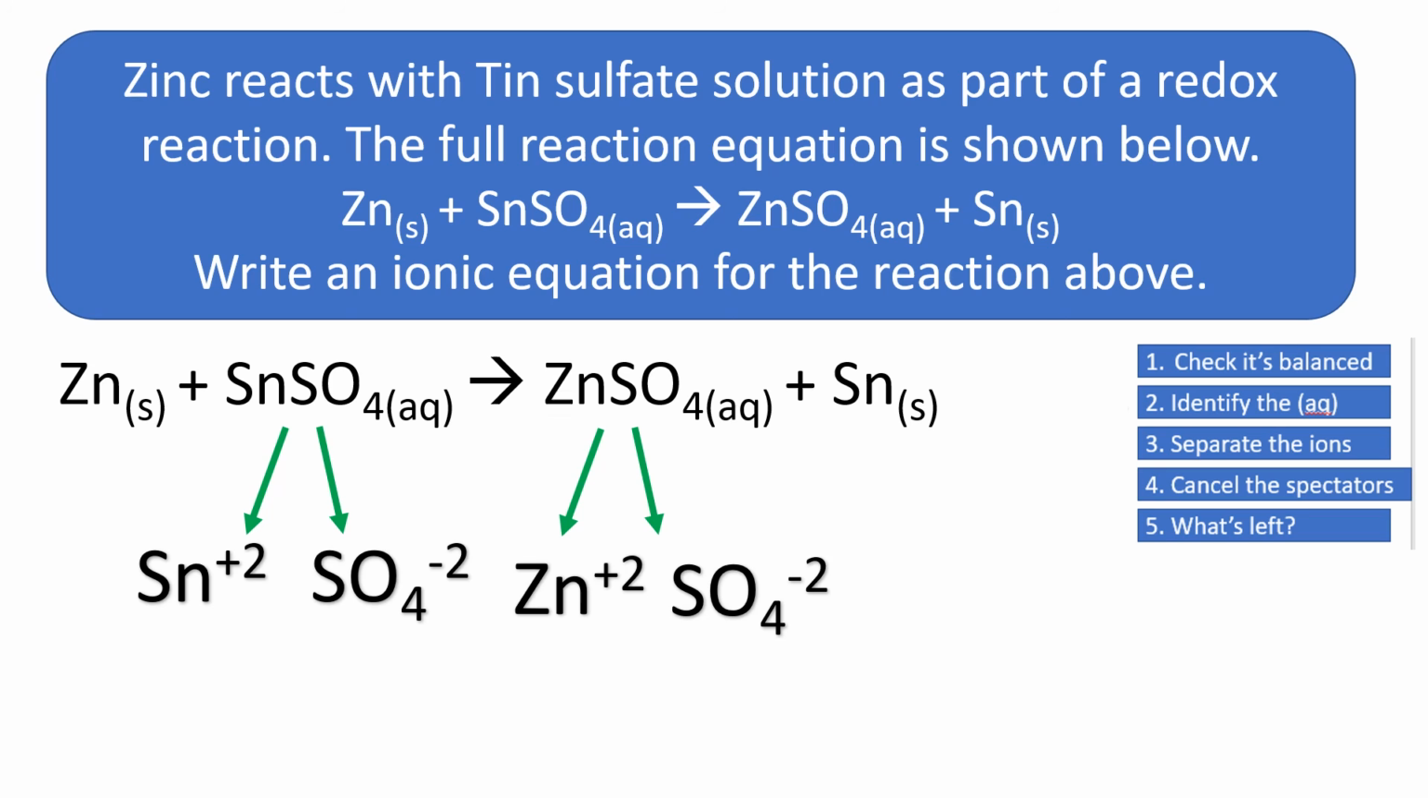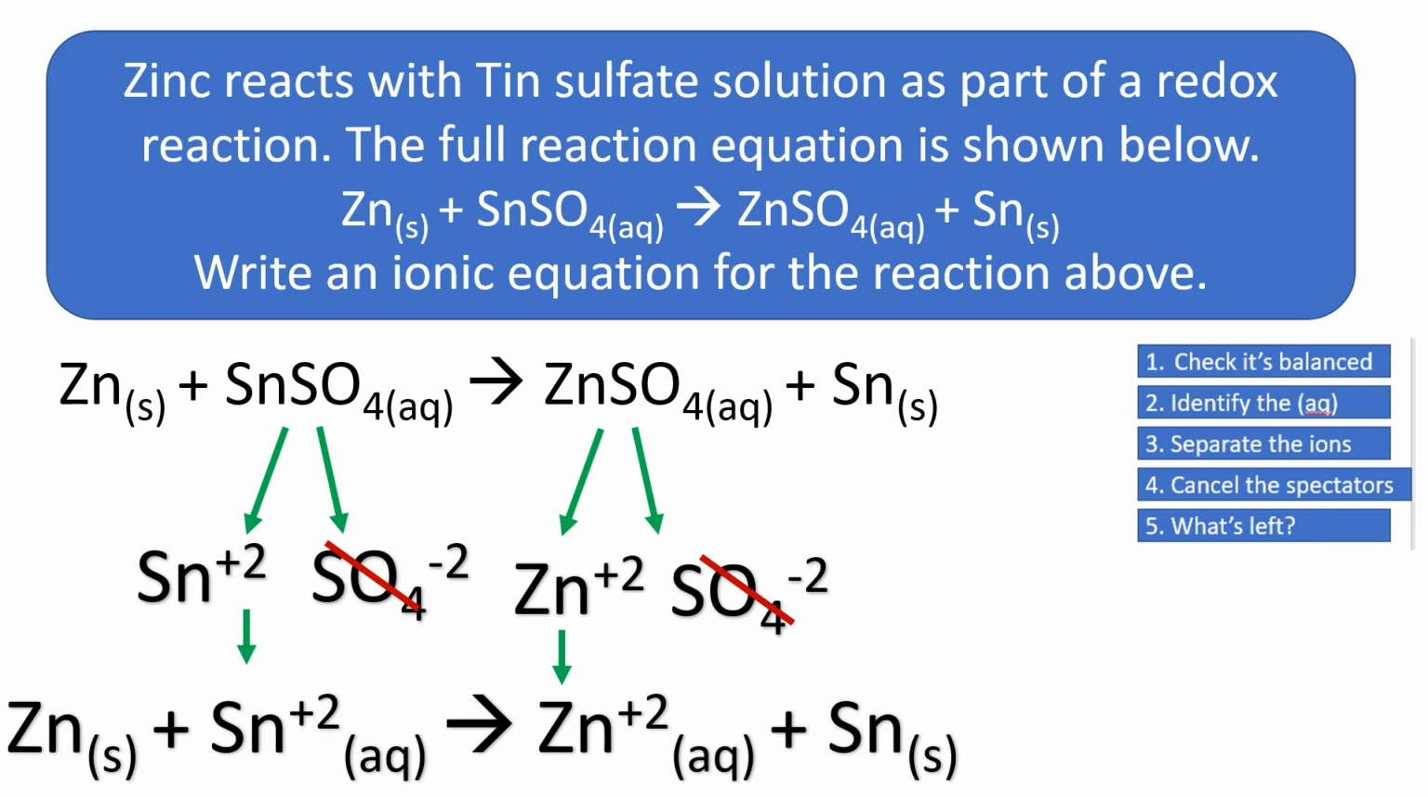Okay, next then I'm going to cancel out the spectators. Lovely. What's left? I've got my tin and I've got my zinc ions. I'm not going to forget the solids that I left in the original equation. So I'm going to have Zn solid plus Sn2+ aqueous, making Zn2+ aqueous plus Sn solid. And that's it,